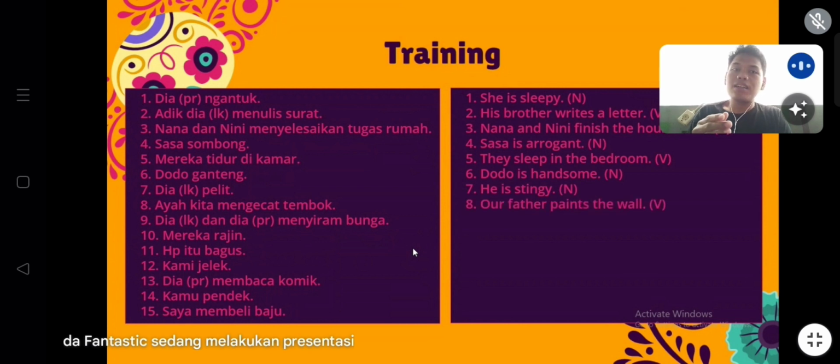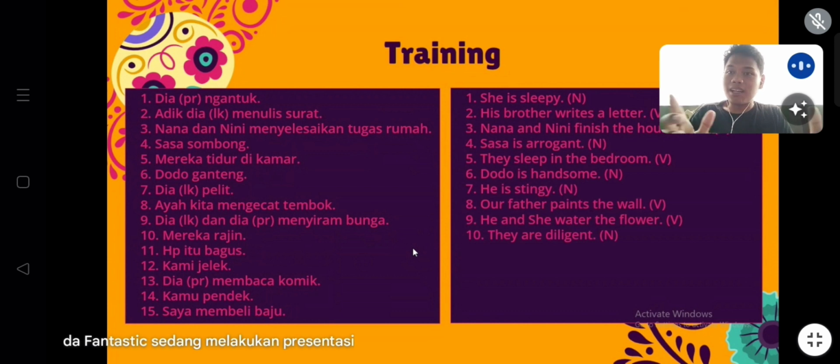Okay. Our father paints the wall. Paints. You just paint something on the wall. You color something. He and she water the flower. Water here is not water that you know like air in Indonesia, but here it gives the meaning menyirami. Okay,